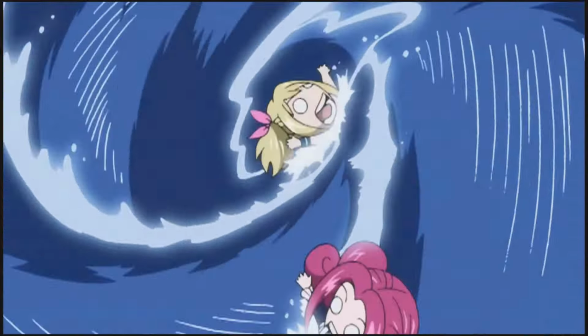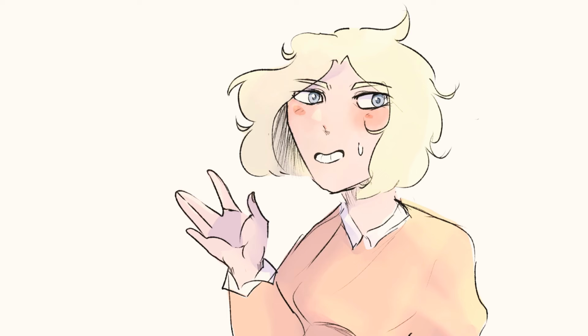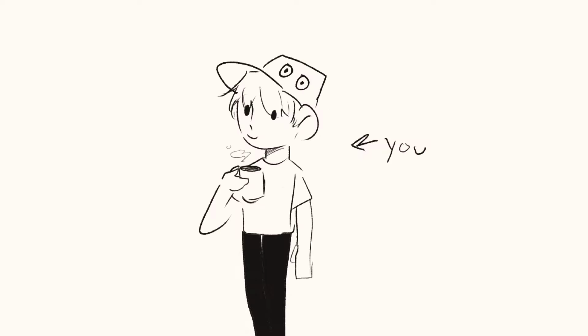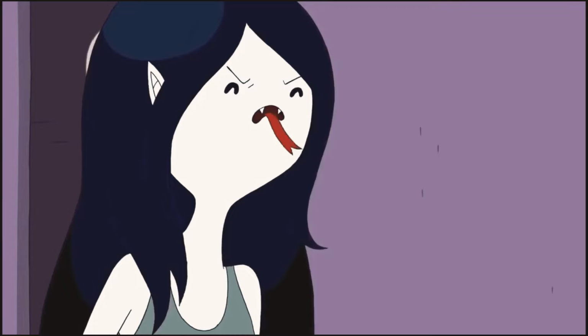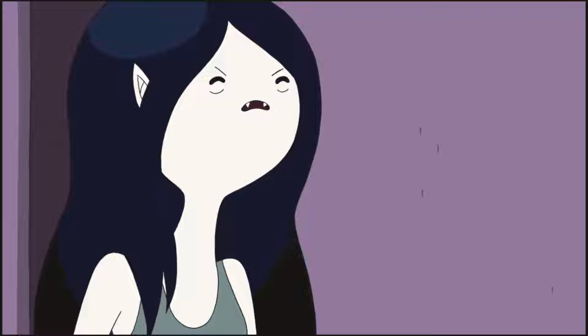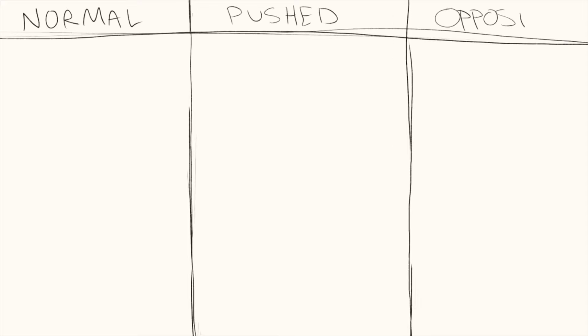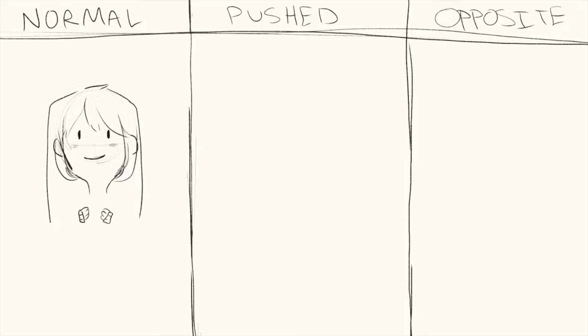It might seem hard to be original in today's oversaturated internet, but there are a few ways to consciously develop a style to be more unique to you. So we're going to study the Adventure Time style first, and we're going to draw 3 different versions of it. We're going to draw the original style, we're going to draw the push style with the exaggerations, and I don't even know if I can make it more stylized, but we'll try. And we're going to draw the opposite of the style, just so we can show the difference and how unique it is as a whole.